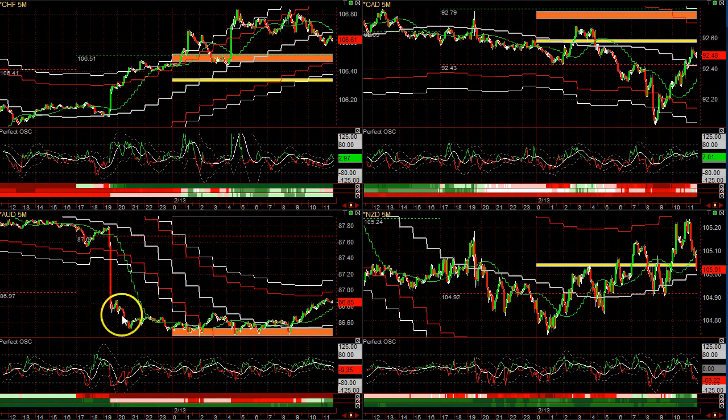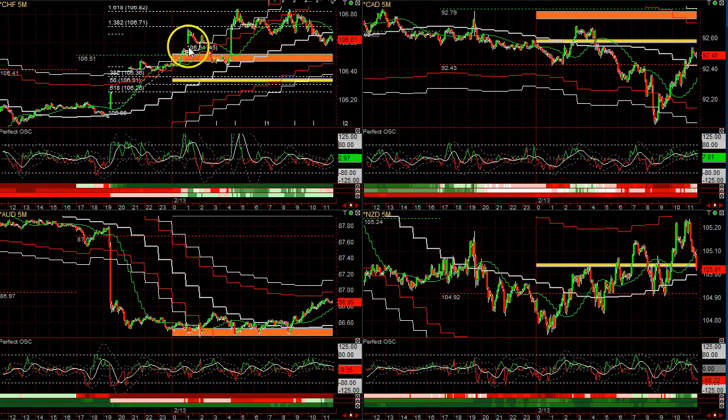Usually when that happens, markets go sideways or you get a bounce up. The Swiss was strong today. And you can use fib levels, trend lines, and so forth to predict proper timing. So this, let me